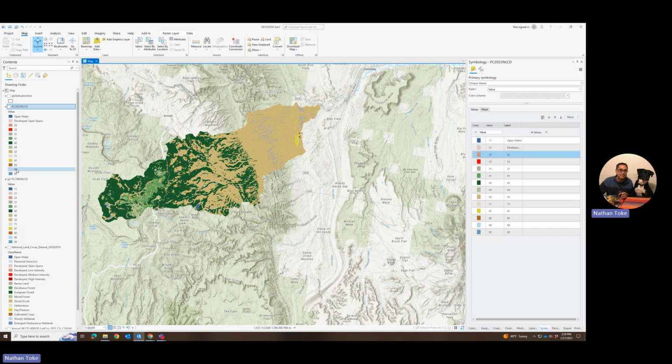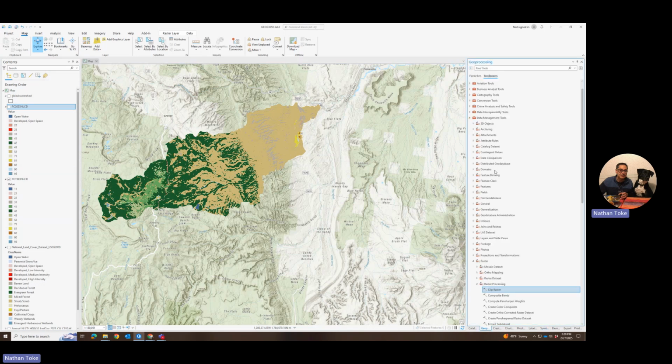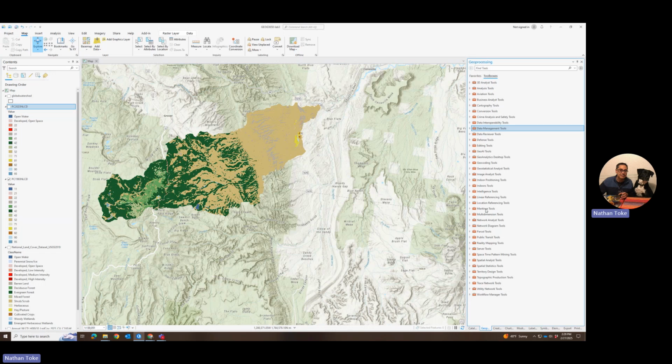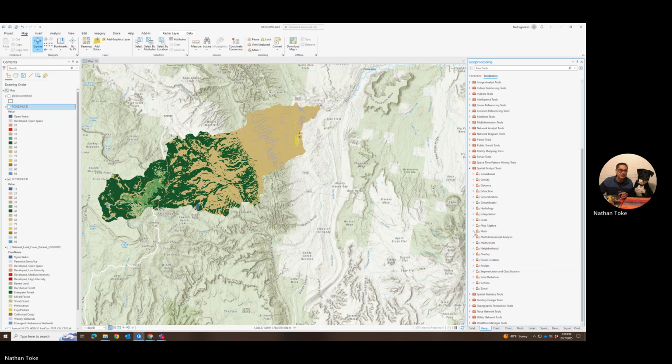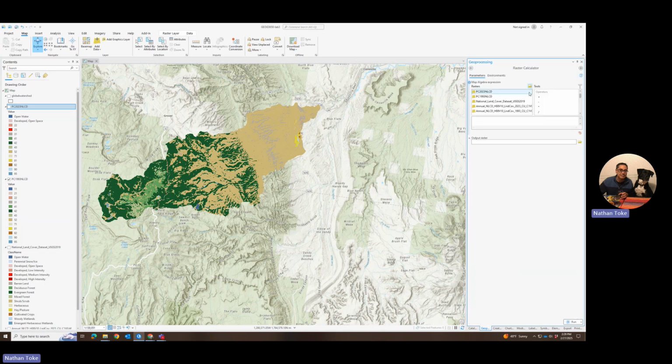The only part that would make intuitive sense to you out of that would be where they were the same because they would be 0. So here's my suggested other approach. We will go to geoprocessing and we will go to raster calculator under spatial analyst tools. And that's under, sorry, map algebra, raster calculator. Well, let's do a conditional, and we'll say conditional